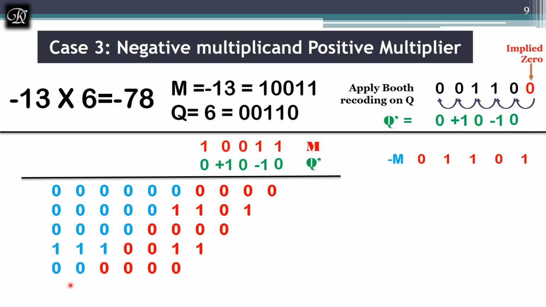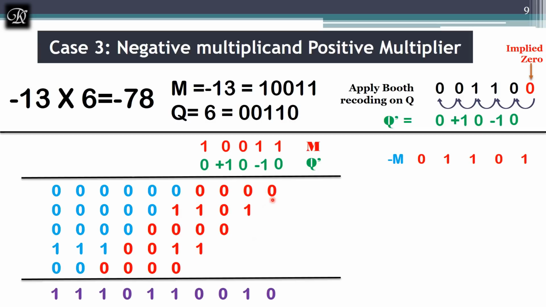Finally, find the final product. The final product will be 0 as it is, 1 0, 1 plus 1 is 0, carry is 1, and 1 plus 2 it is 3, 1 and carry is 1, and there are no bits over here, so I have written 1 here and 0 over here. So I have written 0 and 1 1 1, and this is negative 78, which we got even by multiplying positive 13 and negative 6 in the previous case.